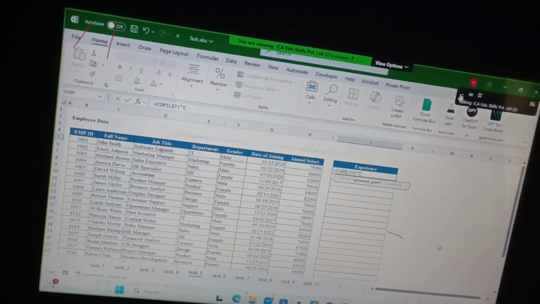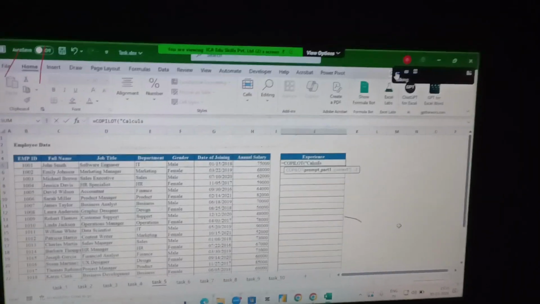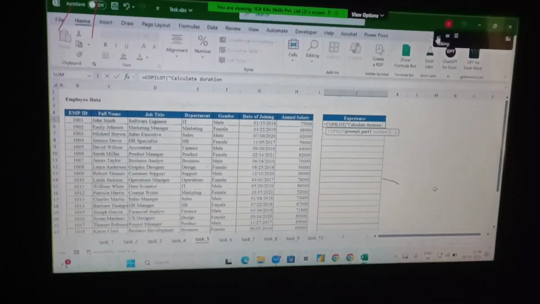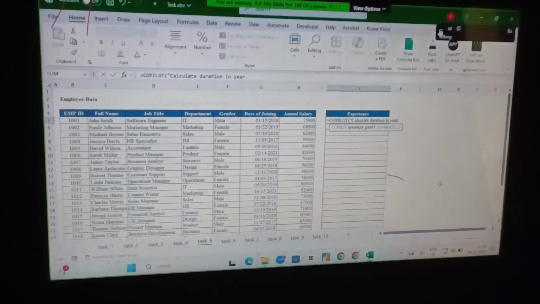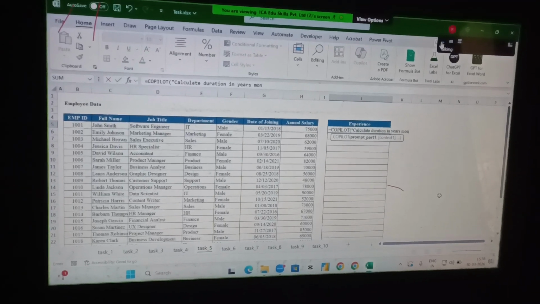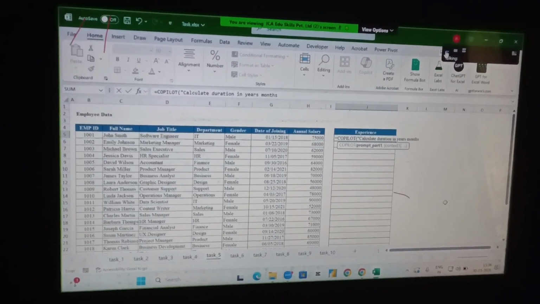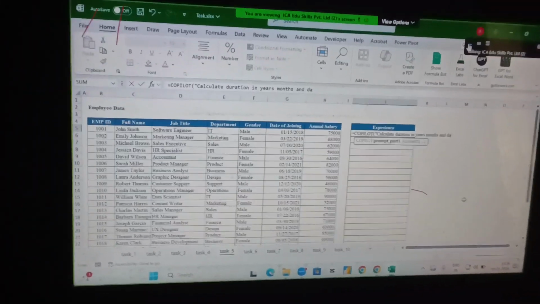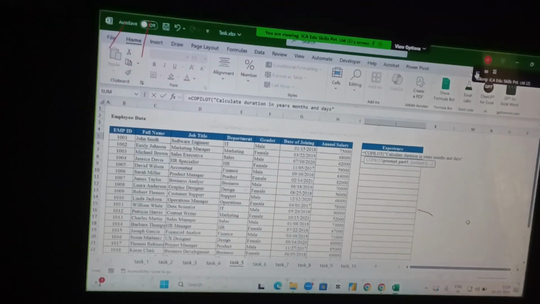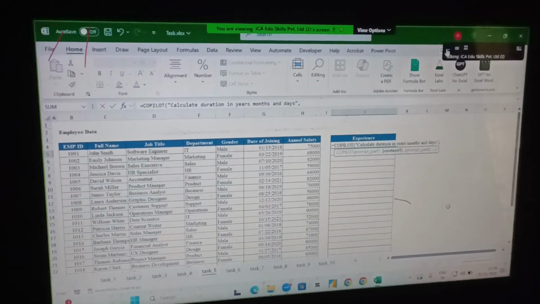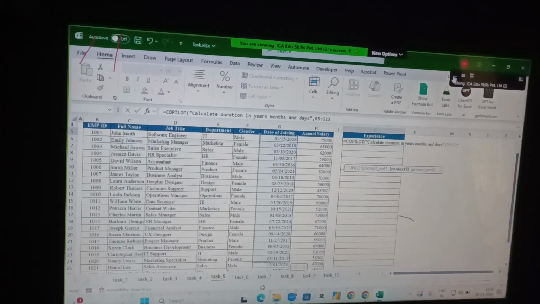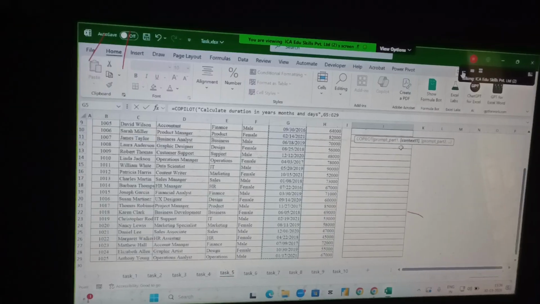My prompt is: calculate in years, months, and days. Okay, so this is my prompt, and then comma, and what is my range of cells? The range of cells is this. I select the range of cells, then close the bracket,